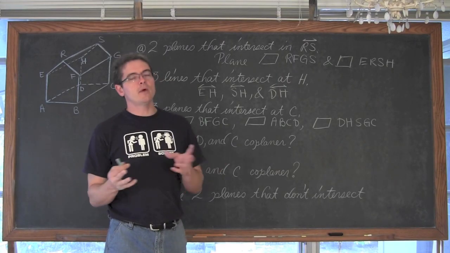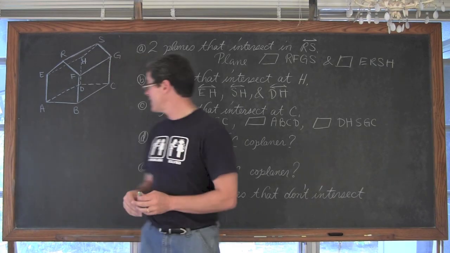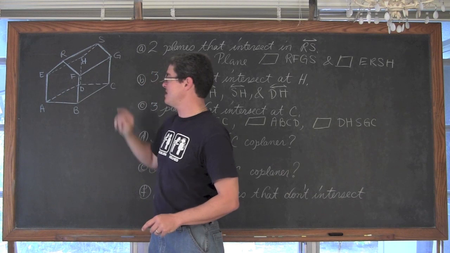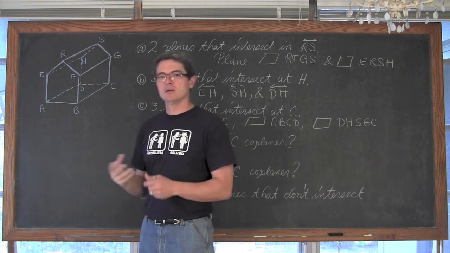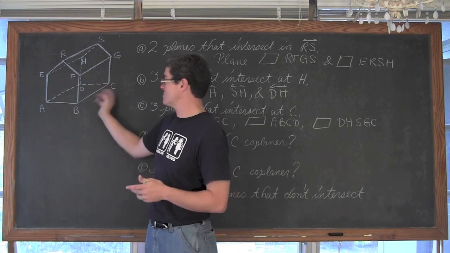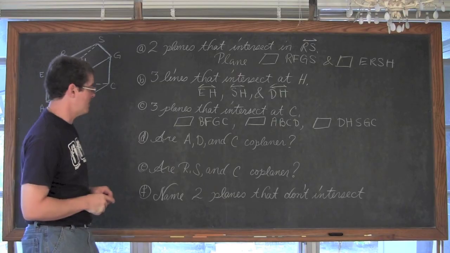By the way, 3 points define a plane. So one could argue that I could name the bottom plane ADC, but that would be confusing because it would seem like there were only 3 points there. So I'm using all 4 corners, but 3 points do define a plane and 2 points define a line.